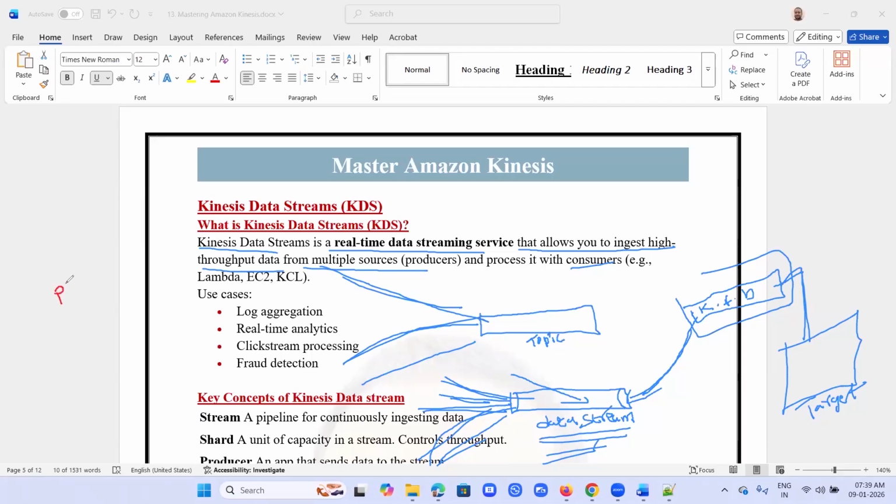Producer and consumer for this data stream. Here, first we will create a data stream with a number of shards. Then using a producer,